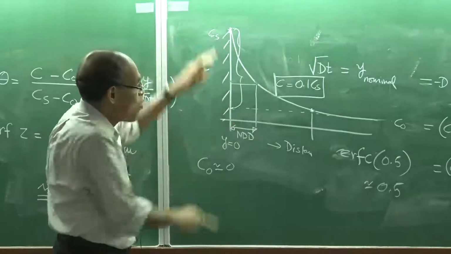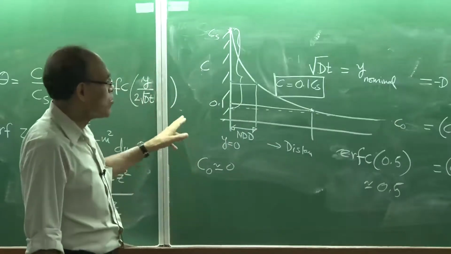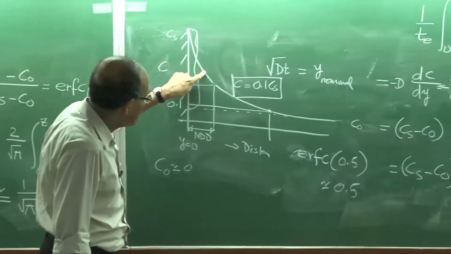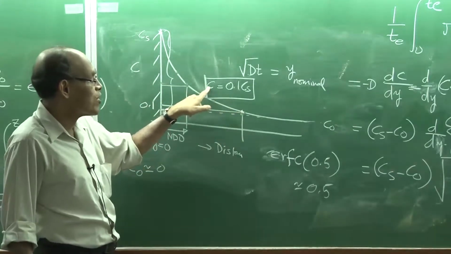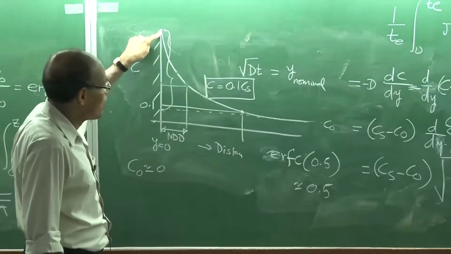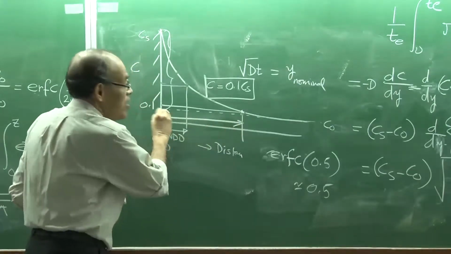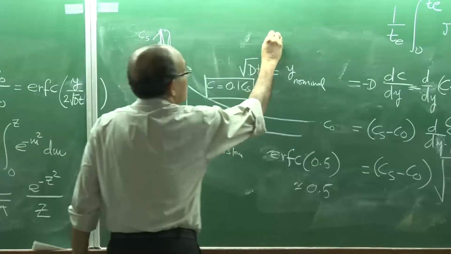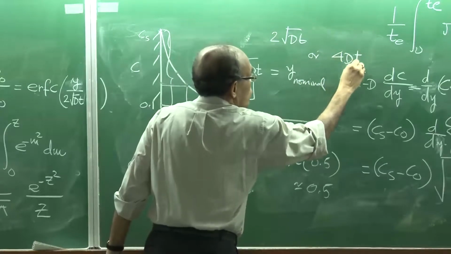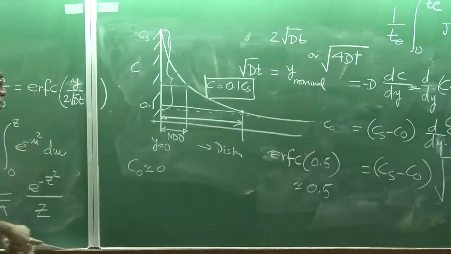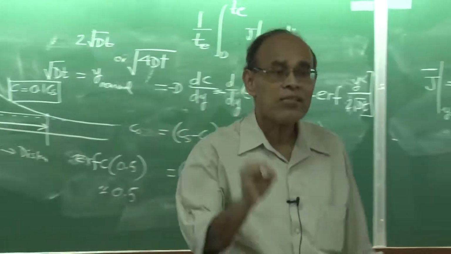That means this is 1. So, I am looking at a concentration which has a value of 0.1. That is what I am trying to say. And if I compare here, does this satisfy the criterion? No, I go down and I say yes, it is at this location that the concentration is actually only 10% of the surface concentration, and then I can say that this distance now represents my penetration distance, and that penetration distance is given by 4 times square root of Dt. So, square root of Dt represents the nominal diffusion distance,